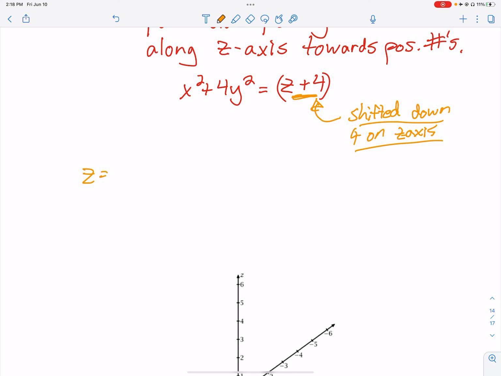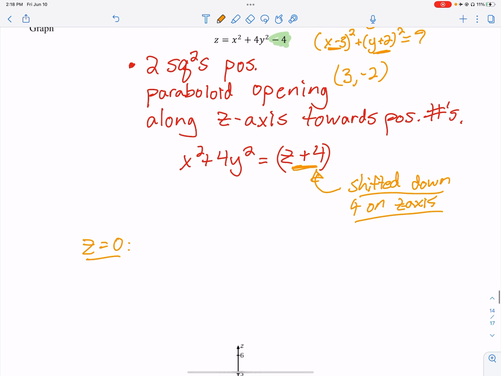It said we're going to let z equal 0. So if I let z equal 0, I get x squared plus 4y squared equals 4. When you're plugging things in, you want to plug in things that make sense. You don't always have to use the same numbers. Just think about whether, when I plug something into my equation, it's going to give me something nice. If it doesn't, I don't want to plug that in. So the reason we chose 0 here is because we get that nice 4, and 4 goes both into 1